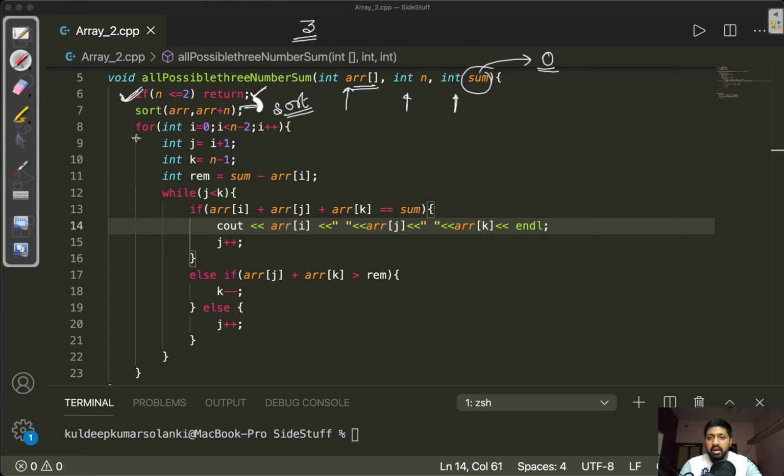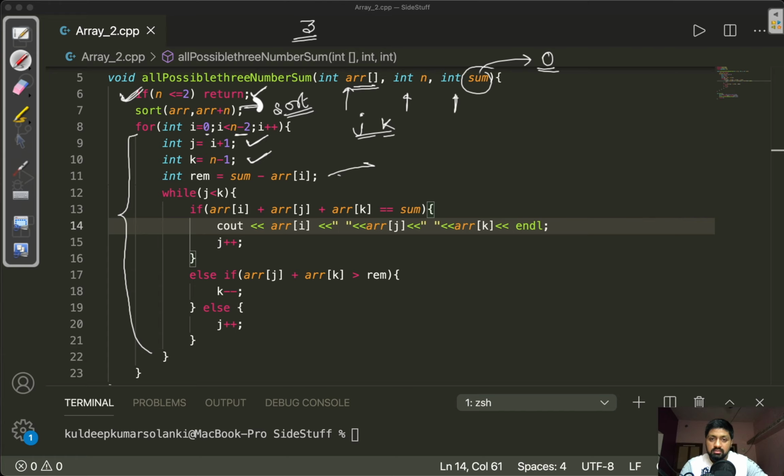Okay, now as I mentioned, I will go from 0 to n minus 2 because the last two elements will be j and k also, as we require a valid triplet. J is always initialized to the next location of the I for each iteration of I, and k is initialized always to the last element.